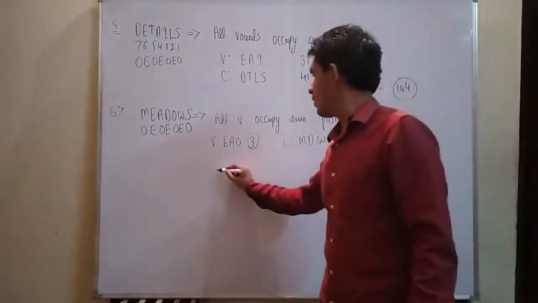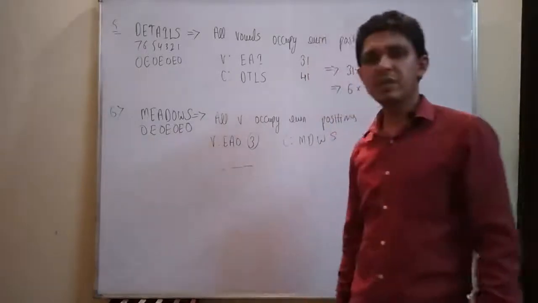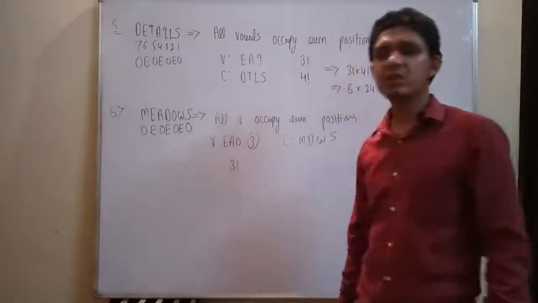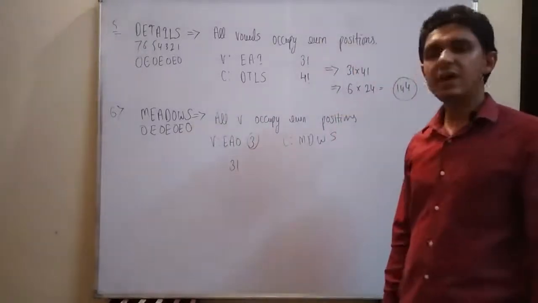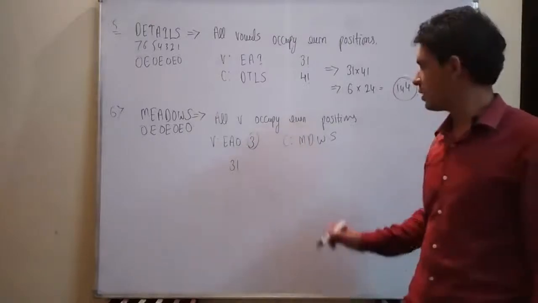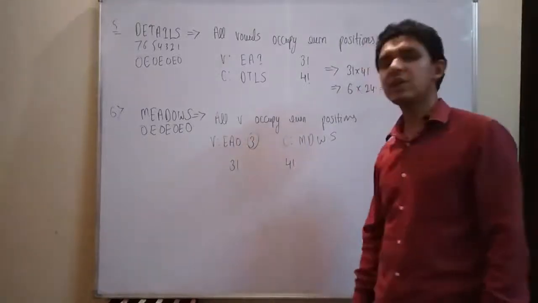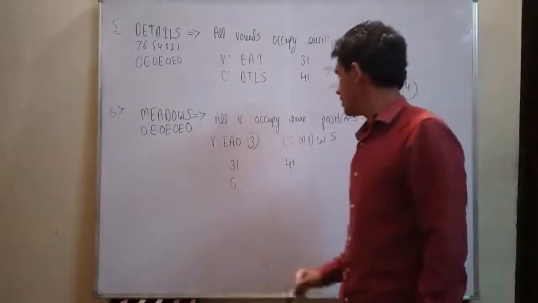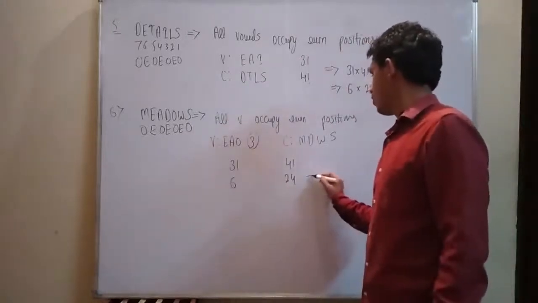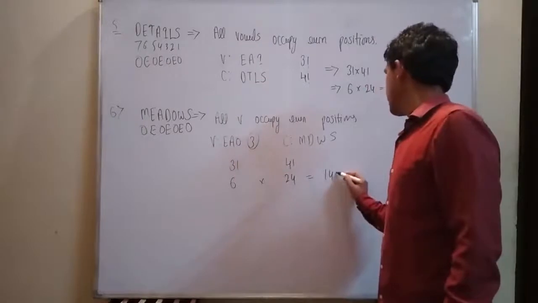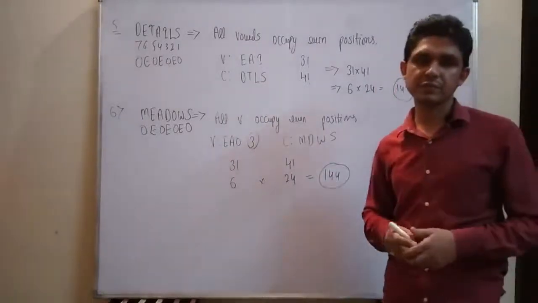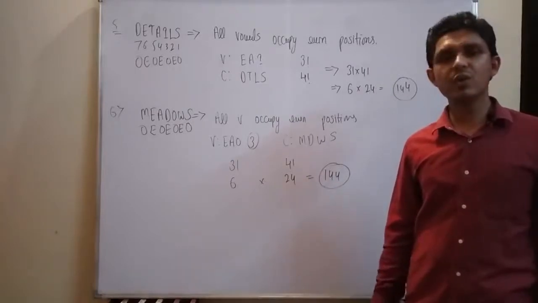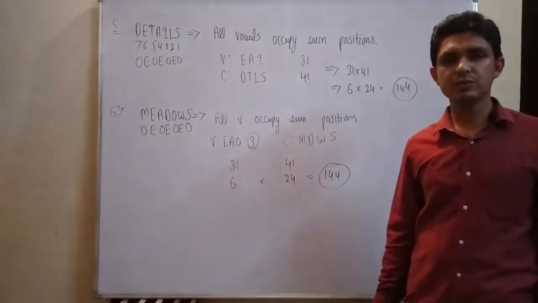So we have to arrange 3 vowels on 3 places. This will be done in factorial 3 ways. And arranging 4 consonants on 4 odd places will be done in factorial 4 ways. The value of factorial 3 is 6 and the value of factorial 4 is 24. So when multiplying this, the answer will be 144, right?